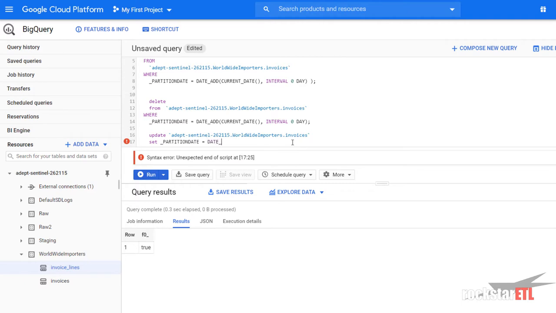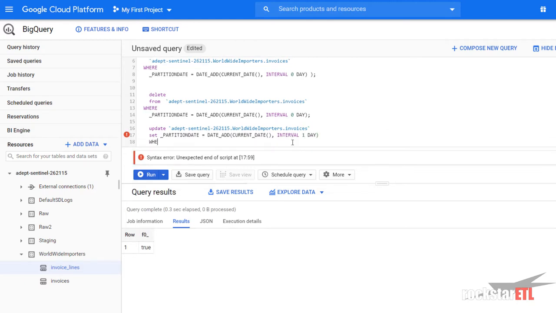So what we could do is do a date add, current date, and we could put it in tomorrow's partition, for example, where